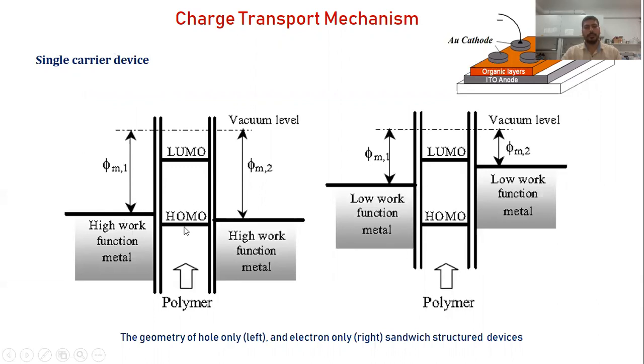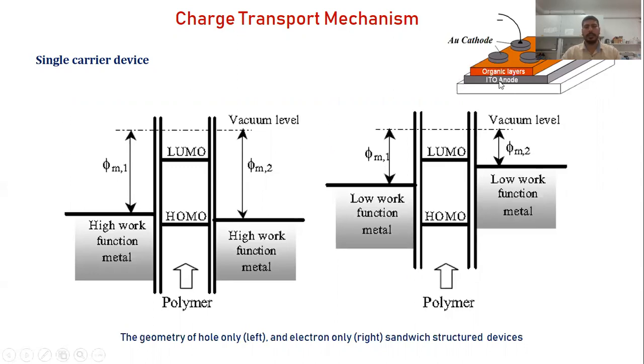If we study the flow through the HOMO level, it means that these devices are hole-only devices. And when we study the flow through the LUMO level and stop the flow from the HOMO level, this is called the electron-only device. Normally, in all cases of polymers, if you want to calculate the mobility of the polymer after the spin coating, you can go for a hole-only device, because these polymers are all p-type materials. And if you want to study the mobility and trap density in the acceptor, you will prefer the electron-only devices.